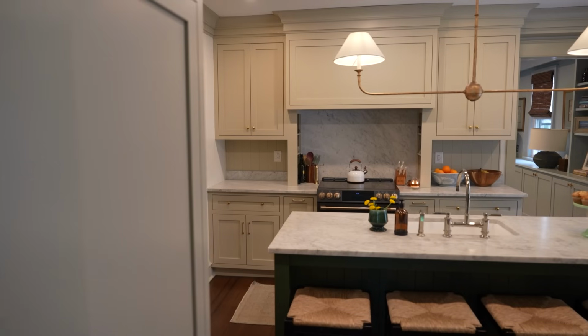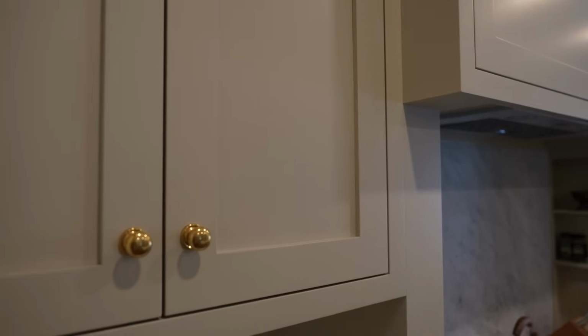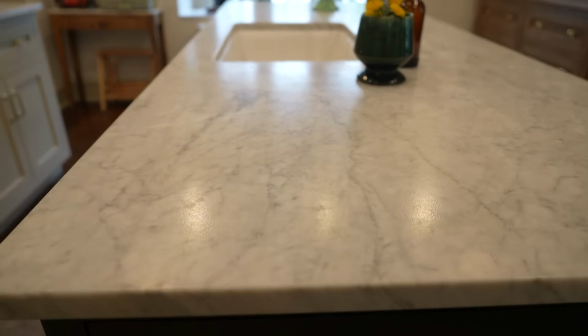So our kitchen was very, very small, only about 8 by 10 room. And we decided to make that more of like a dining room breakfast nook basically, and put our kitchen in our larger dining room space. So we decided to upgrade to custom cabinetry, really nice fixtures, marble countertops,